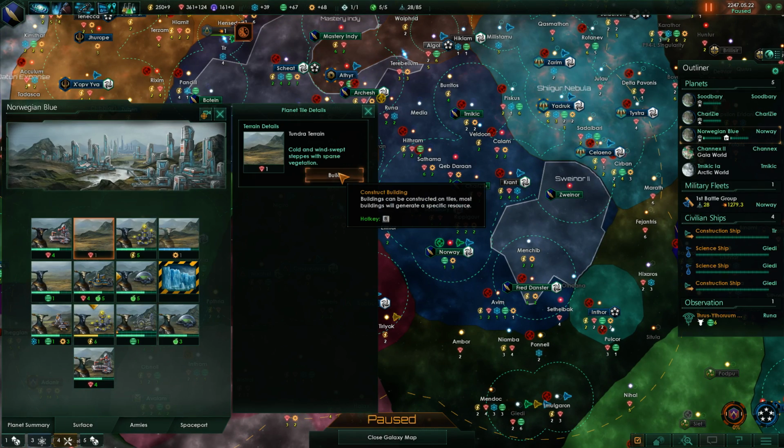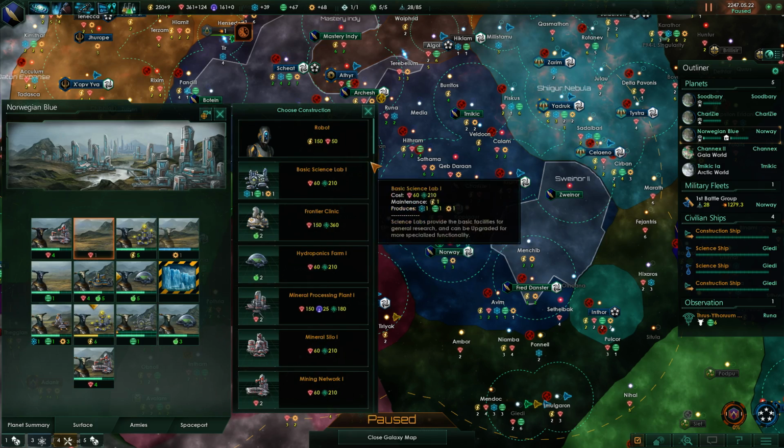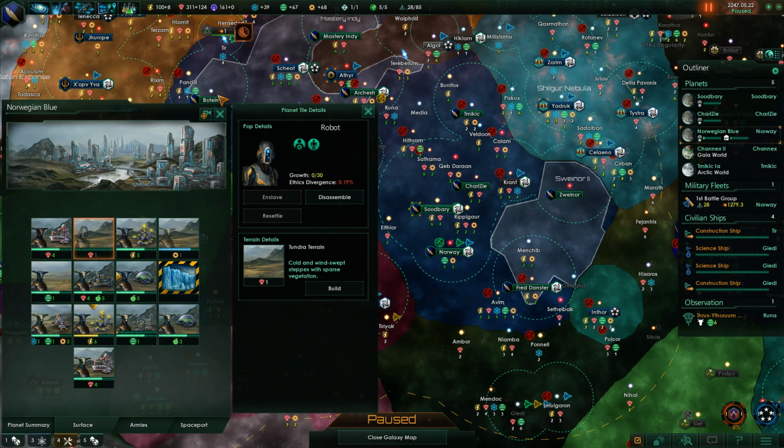Oh, and we can get our robot, because you don't have a robot on this planet yet. Excellent. Robot it is. So we can only build one right now, and there's still some more planets that need it, but that's not going to be too bad. And